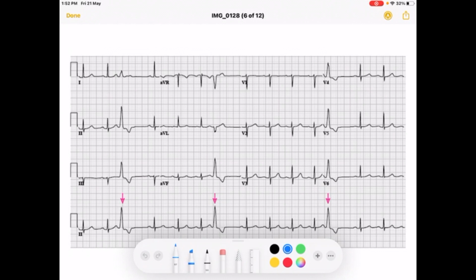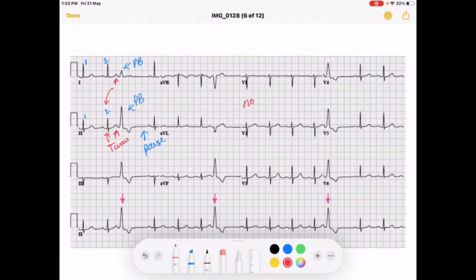Here again, normal beat with a premature beat, normal beat with a premature beat, and a pause here. If you see this carefully, there is no P wave. These waves should not be confused as P waves. These are T waves of previous sinus waves and not P waves of the premature beat.